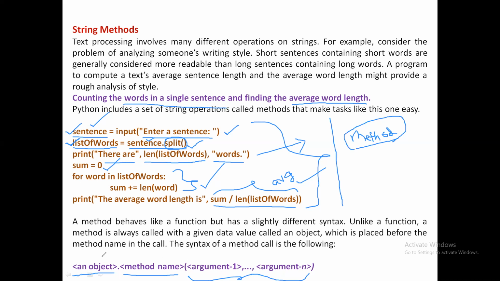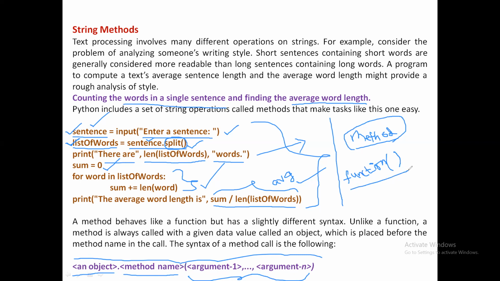Okay, so look at this syntax. A method always uses this syntax, which requires an object name dot method name, whereas a function will not have an object name while calling it. We will simply call that function by using the name of the function and then submitting the arguments to the function. I hope you understood the difference between method and function now. A method is always called on objects, whereas a function is directly called.